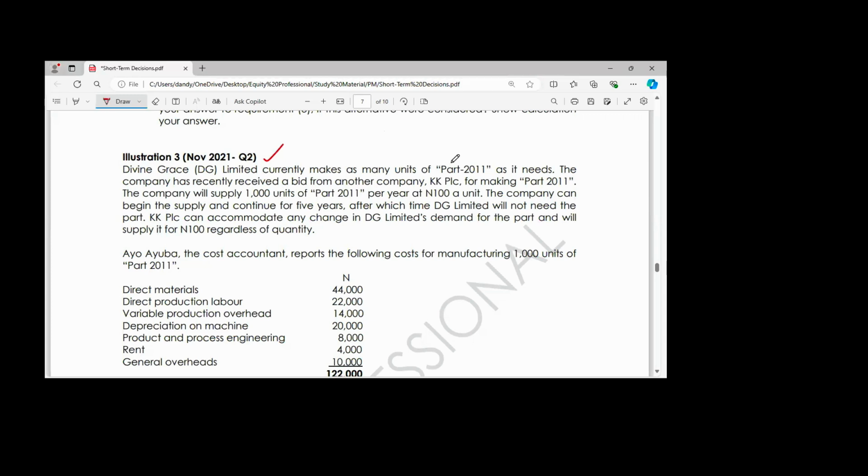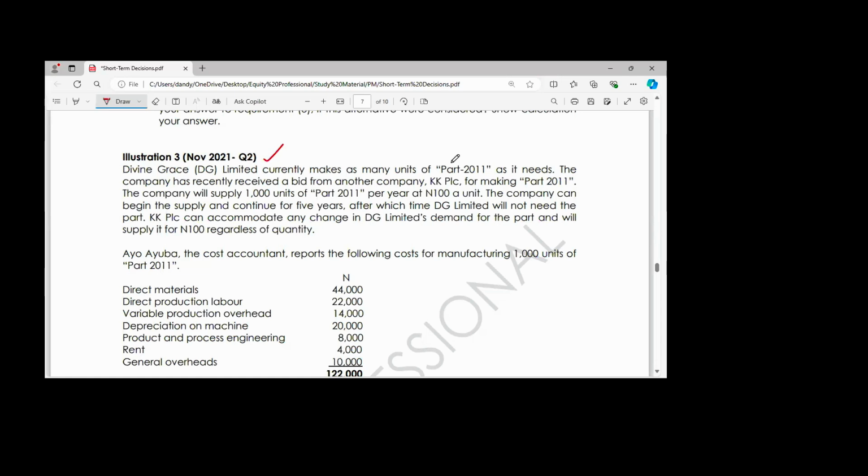The company will supply 1,000 units of Part 2011 per year at 100 naira a unit. The company can begin the supply and continue for 5 years, after which time DG Limited will not need the parts. KKPLC can accommodate any change in DG Limited's demand for the parts and will supply it for 100 naira regardless